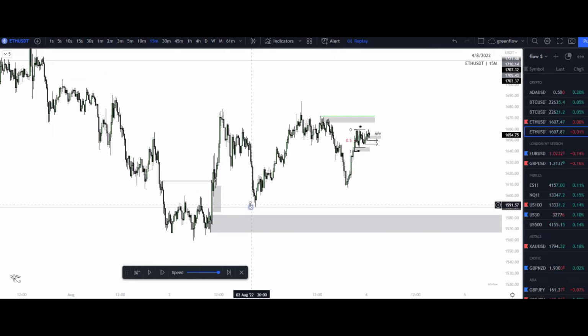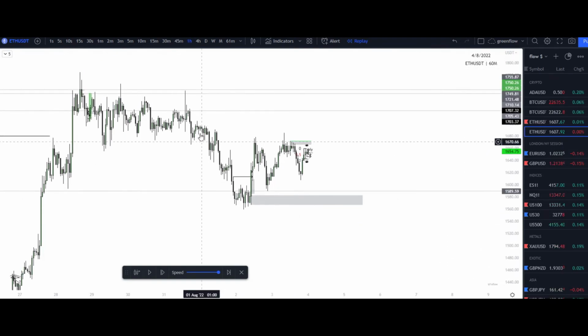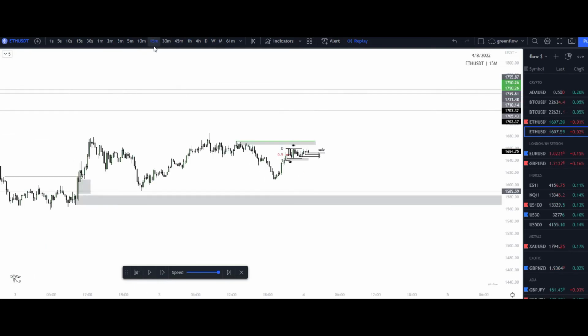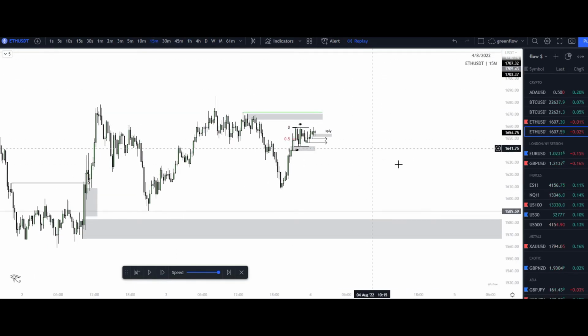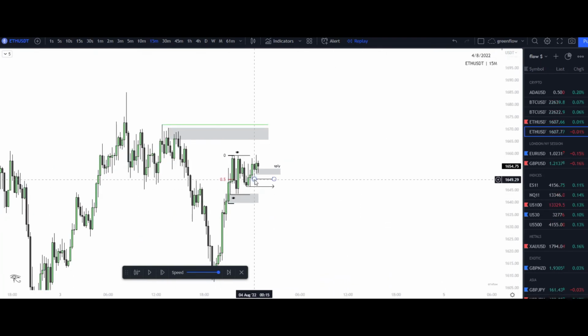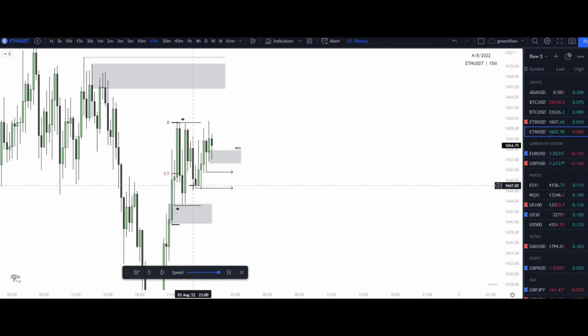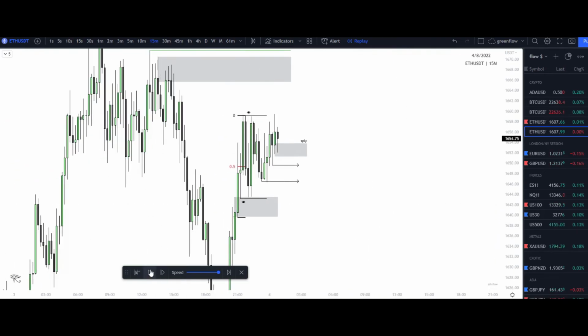Because look, we have liquidity that is presented here from our overall range. We respected this high that caused this low. So we can still see price come down lower into these areas, either respect demand or raid liquidity overall from this higher time frame. Possible break of structure to the downside. I see breaks to the upside. I'm still looking more bullish on Bitcoin and ETH right now, but we were playing the structure showing it as is. So we're looking for that break of structure to the downside right here, and then we can look for another break right here following.